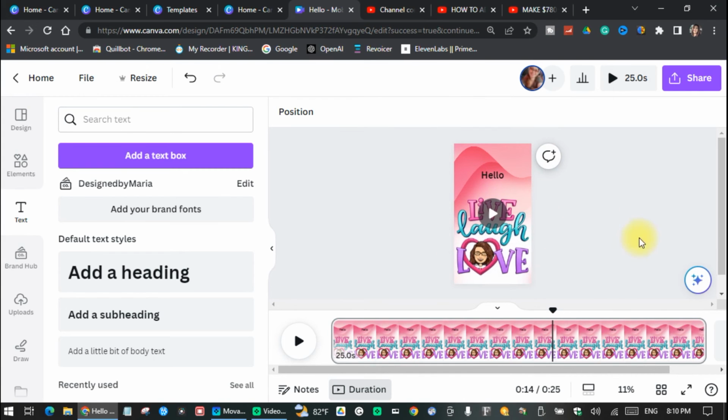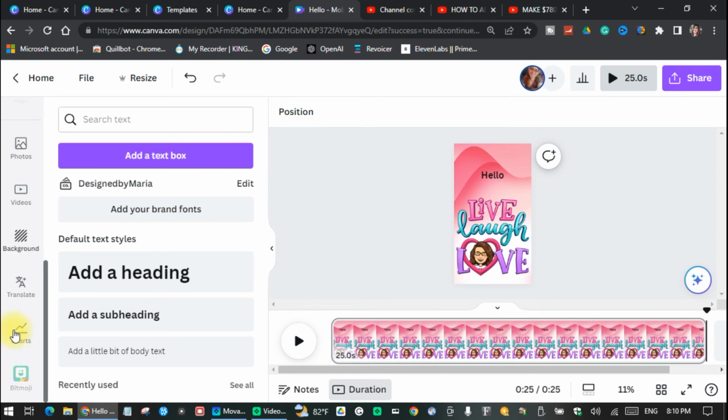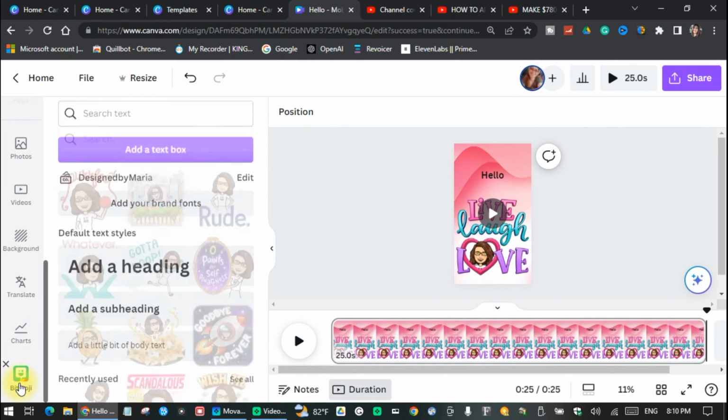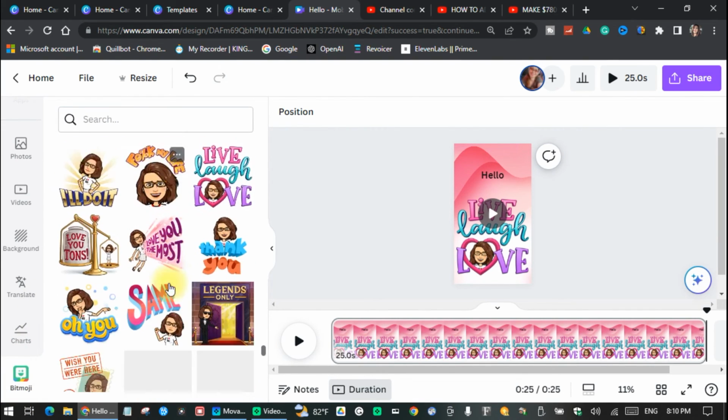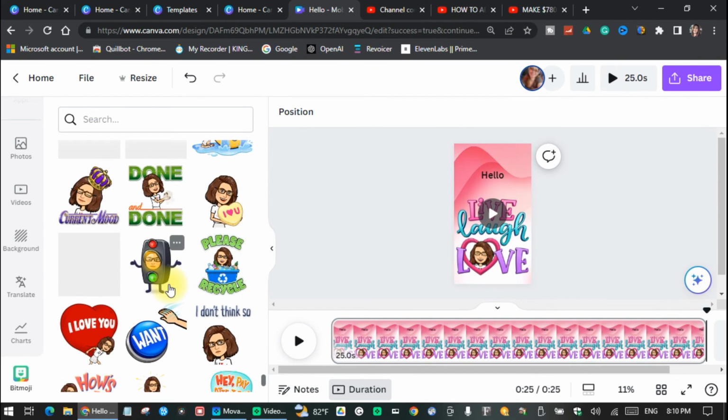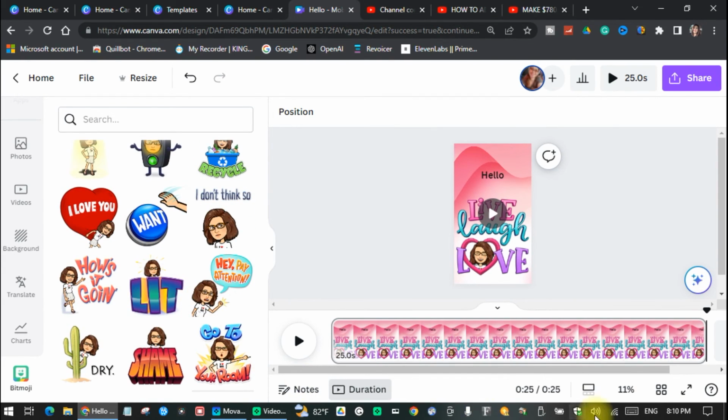So now I have my Bitmoji on 9 by 16, which is the size of your phone. And then I'm gonna share this or download it if you want to. Or you can write any message on top instead of hello. I just write hello for the sake of this tutorial. Or you can add more Bitmoji if you want to, just keep scrolling and